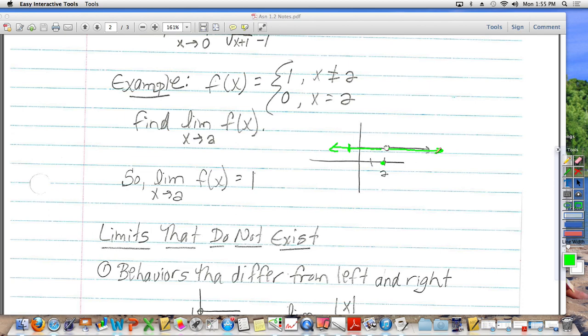So all I have here is a horizontal line that exists everywhere at 1 except when I have an x value of 2. Okay? But my question to you is, find the limit of this piecewise function as x approaches 2. I didn't say what is the value of the function when x is 2. I want to know what is the limit. What is the value, or what is the graph getting closer to as we approach 2? So in other words, as I'm coming in from the right and when I am coming in from the left, what is the graph approaching? Well, as we approach our x value of 2, the graph is getting closer and